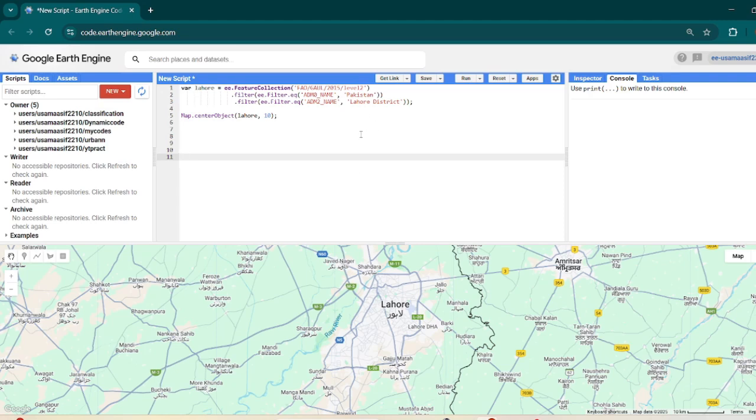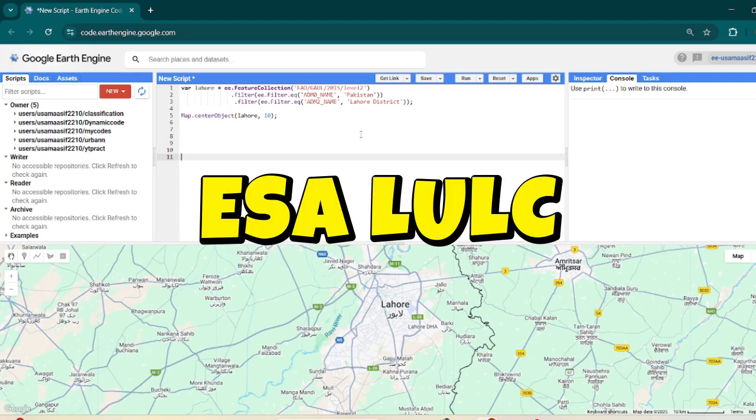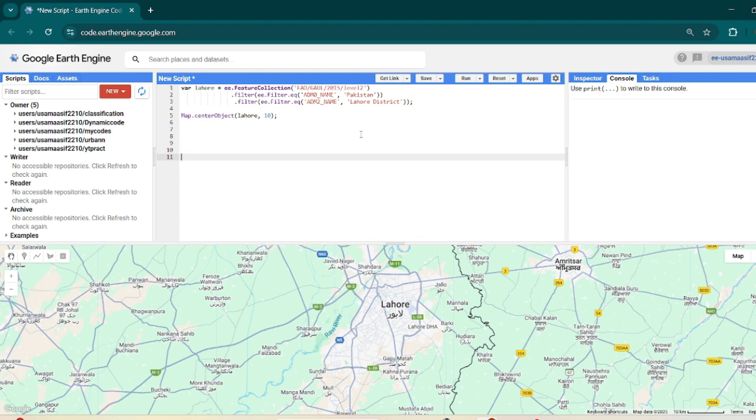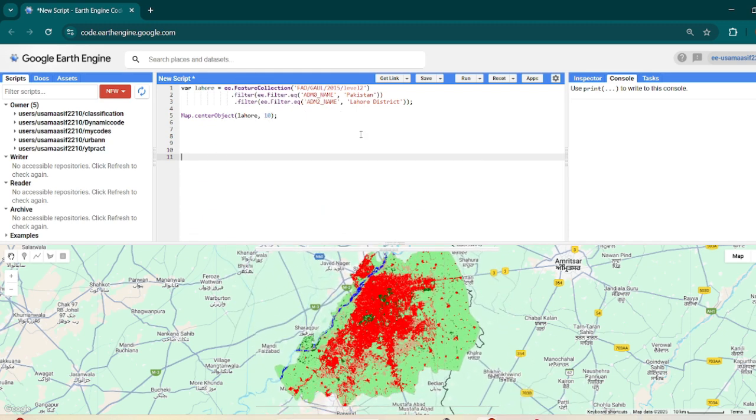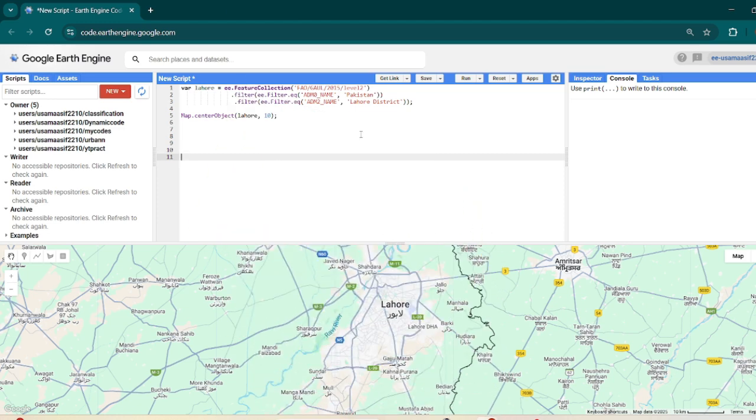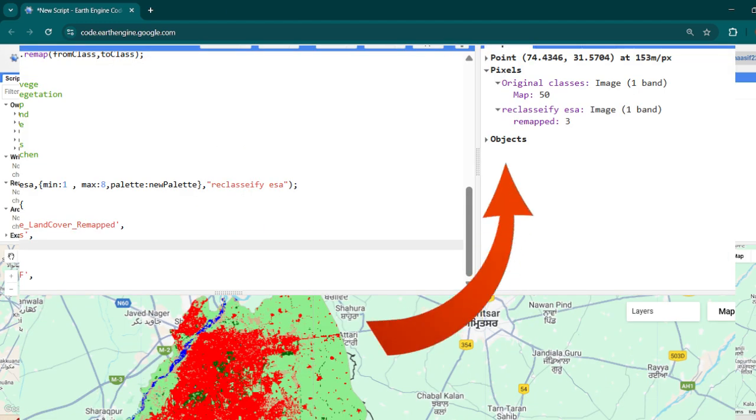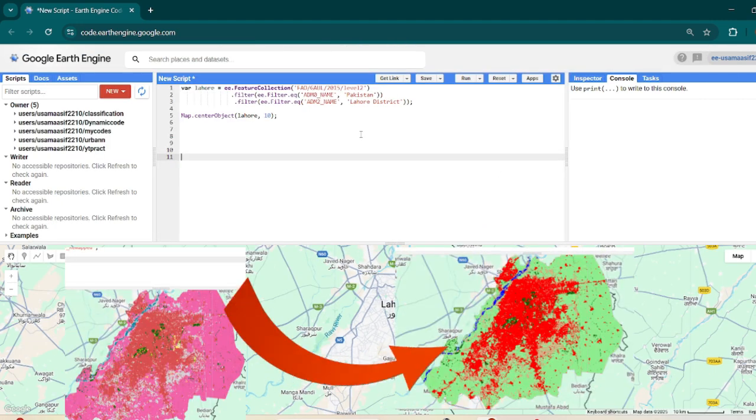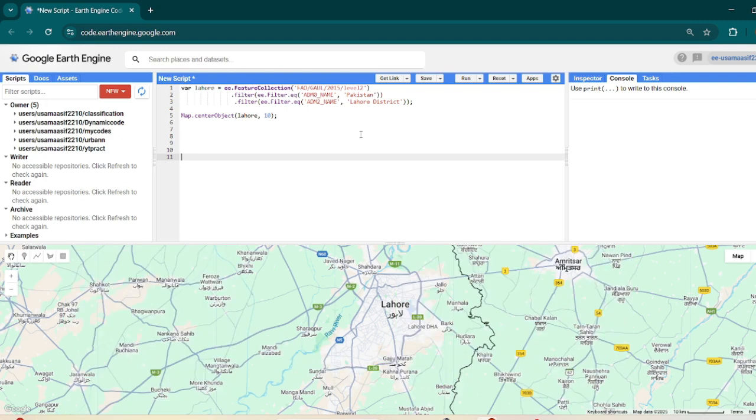In this tutorial, we will see how you can visualize ESA land use land cover data, a derived product from Sentinel-2, on your Google Earth Engine, how you can interpret the classes of land use land cover, how you can merge those classes for your output product, and how you can export that final raster into your Google Drive. So here you can see that I am filtering Lahore from a collection of 5 gold